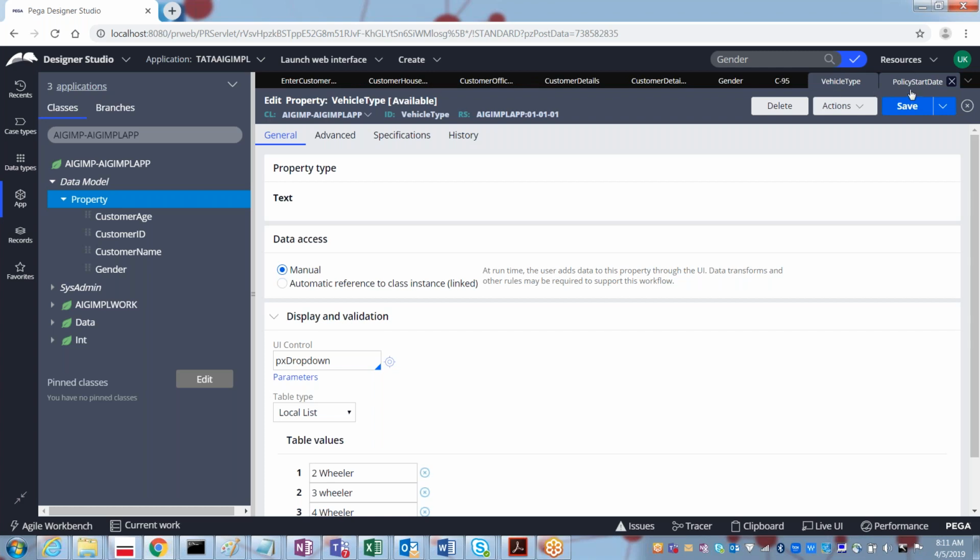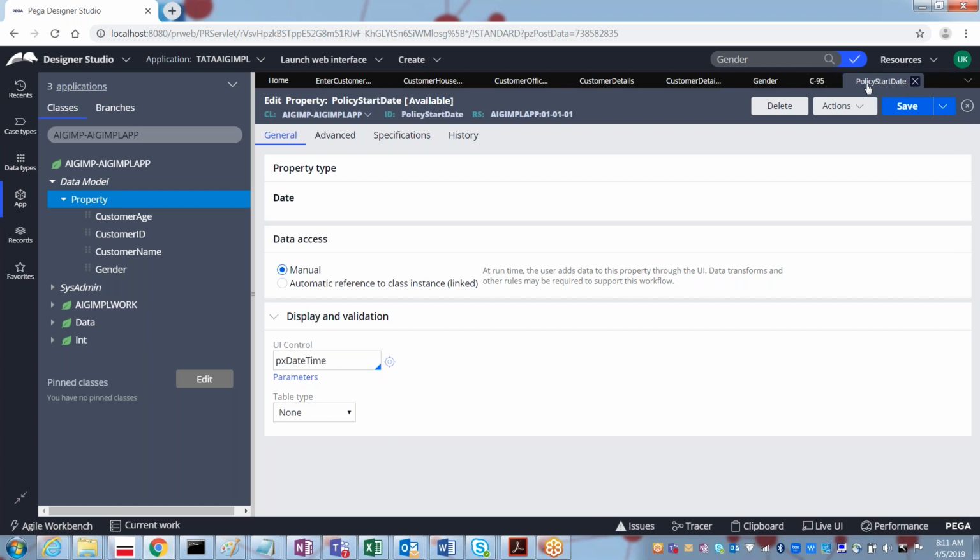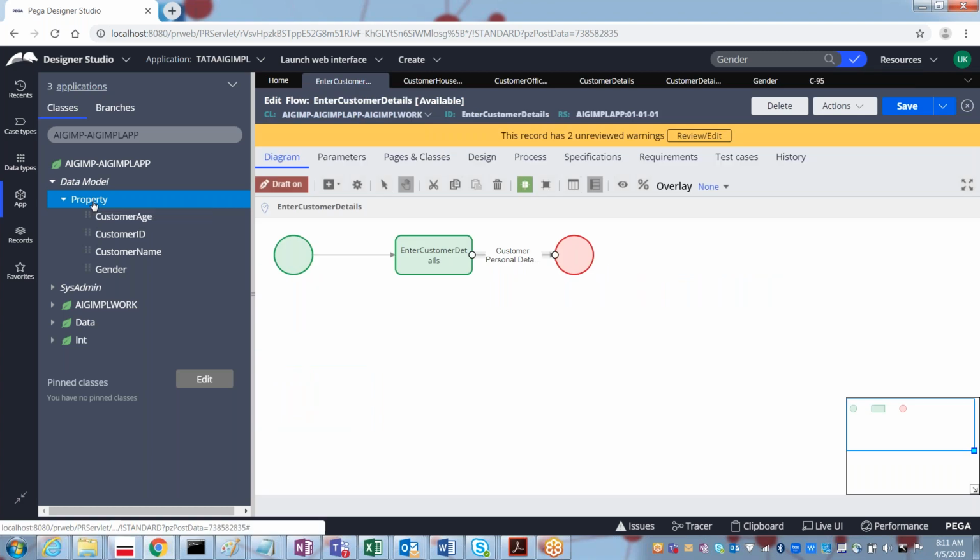Later I will have the policy start date. For the policy start date, I will change the data type from text to date format. Once we have the policy start date, the next thing is the policy tenure.